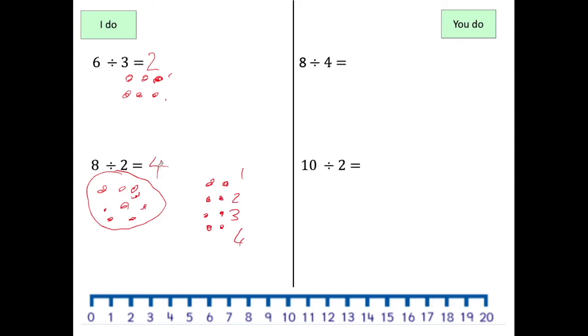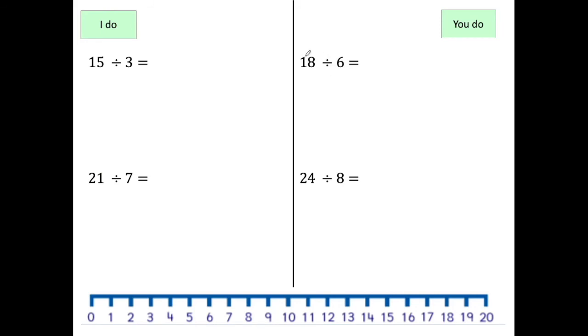What I want you to do is just pause the video for about half a minute and have a go at the ones on the right, and we'll go through the answers shortly. So the answer you should have got for this question is going to be 2. And for the bottom one, it should be 5. Moving on,